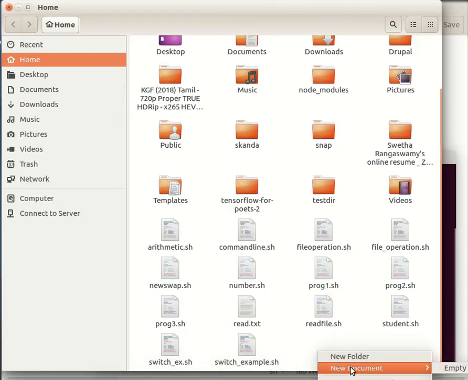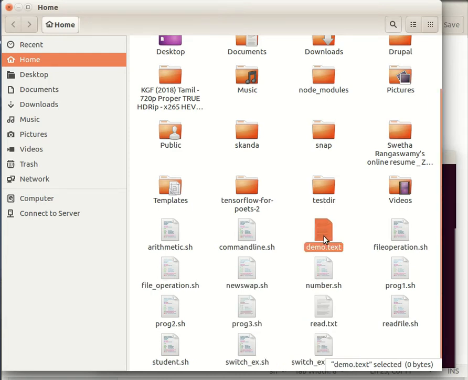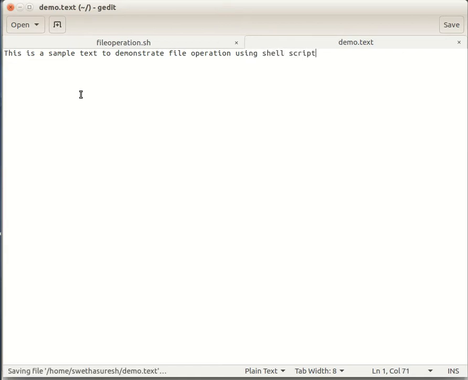Now in the current directory, create a file. I am creating a file as demo.txt. We shall enter some text in that. After entering the text, save the file and come back to the terminal.